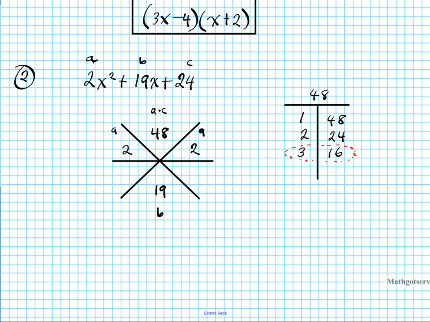Okay, so I'm going to put them in here. 3 and then a 16. 3 plus 16, 19. 3 times 16, 48. Perfect. All right, so now what I'm going to do is focus my energy on this side right here, and this term numbers right here. And I'll try